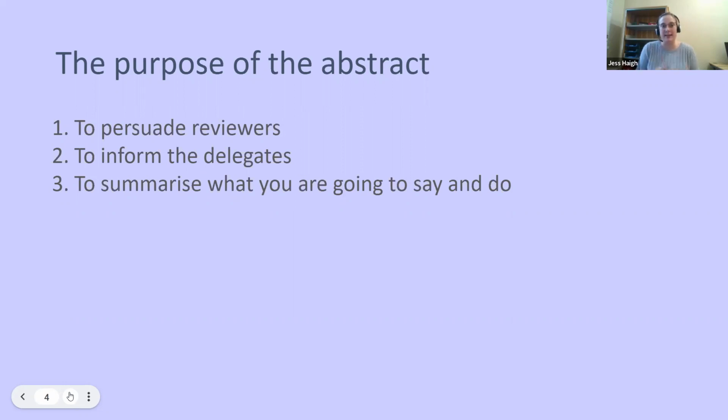So you're really using it to sell the session, not just to the reviewers who are going to mark it up against the guidelines, but also to the delegates who are coming to LILAC itself, because that abstract will appear in the programme. So when you're submitting the abstract to the call for presentations, you've really got to think of it as something that sells your session. So what are they going to get out of it? Shall we have a look at the reviewer guidelines now, Sam?